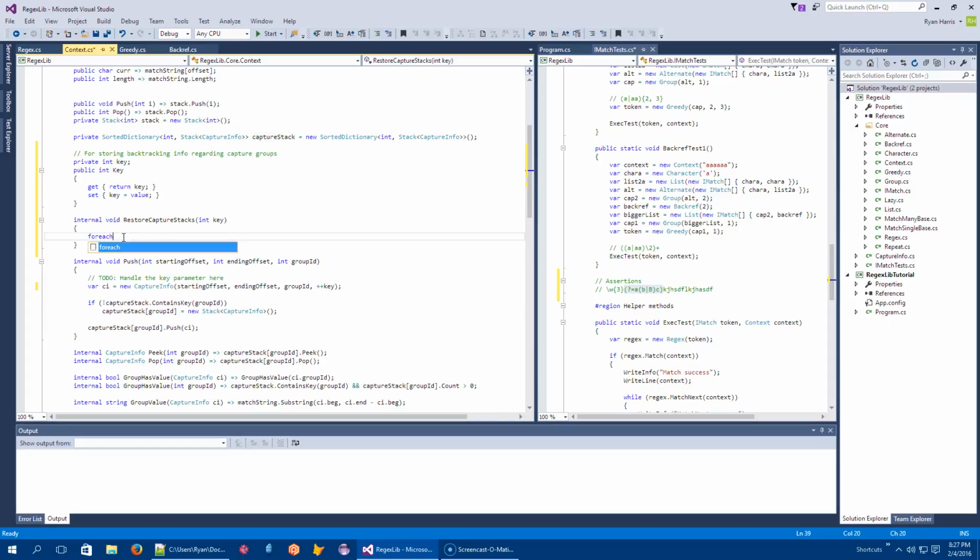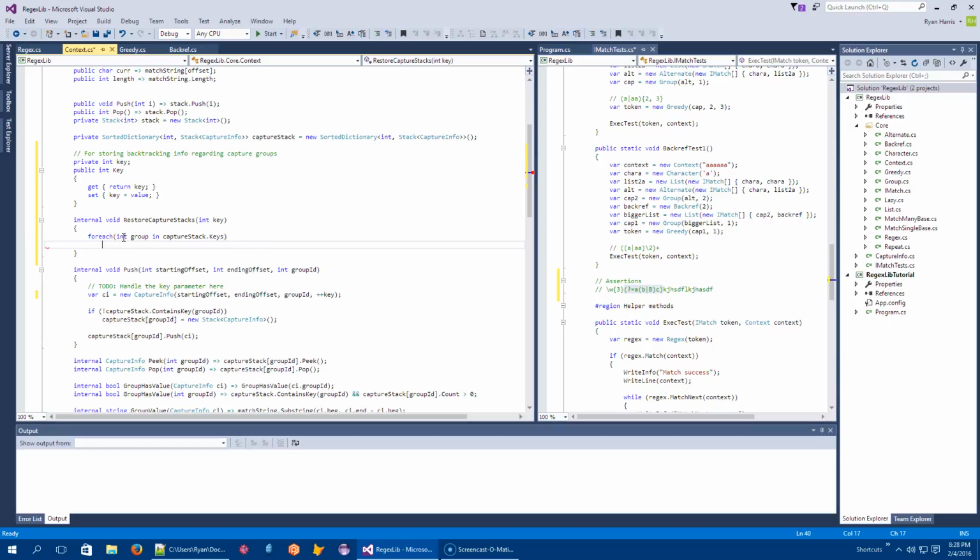So for each int group ID in capture stack.keys, I want to go through here and say while peek at group, really maybe I should make that group ID, dot key is greater than the parameter key, then I want to pop this group off the stack, right?